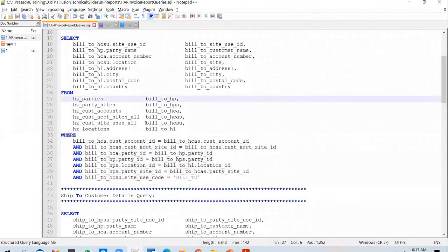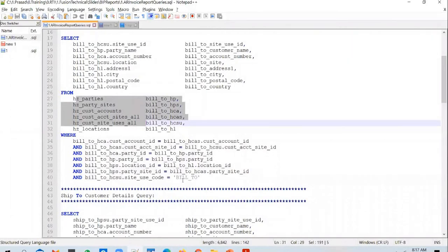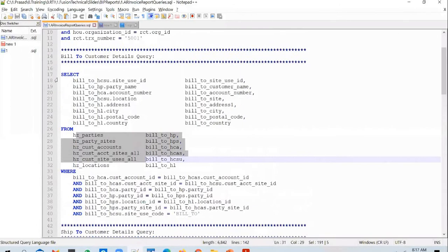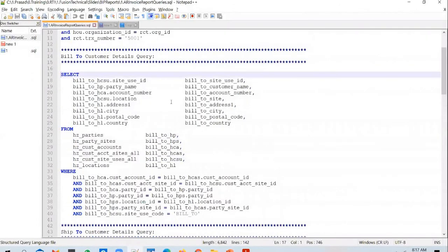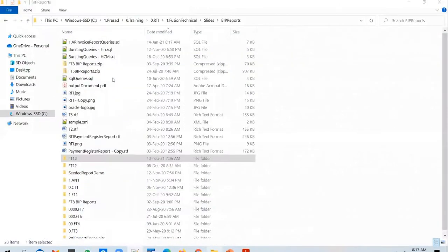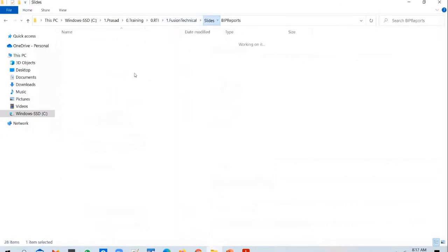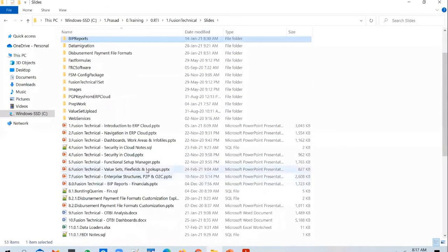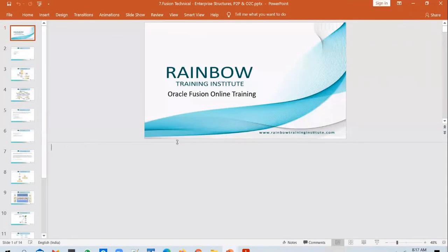So if you have 5 tables, you will have at least 4 join conditions here, linking those tables. So if I take this bill to query for a customer, let me show you the TCA architecture once. The way customer follows a TCA architecture.